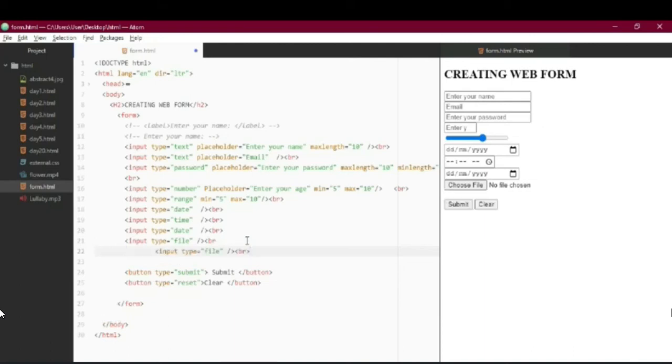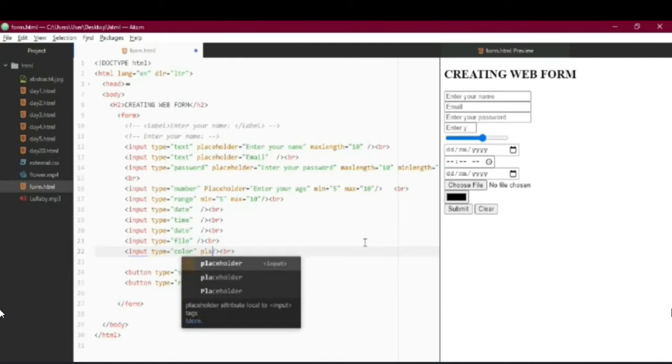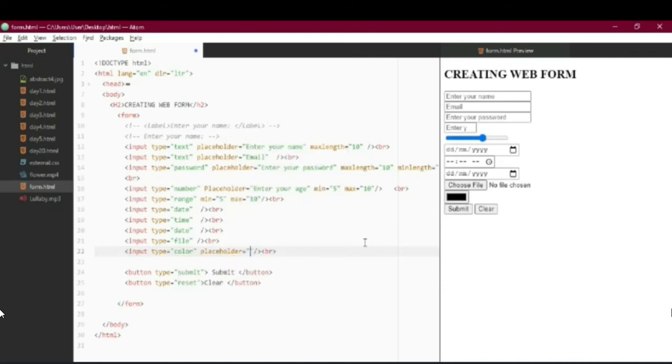Okay, the next input type is color. Using this type, you are allowed to choose a color. Wait, there is a missing break tag. Okay, so there you go. So the color palette appears, and then from there